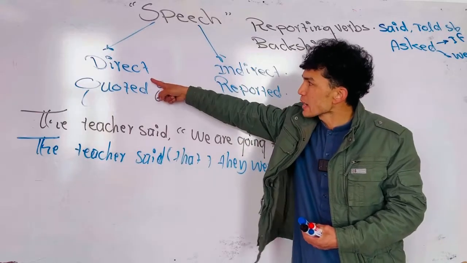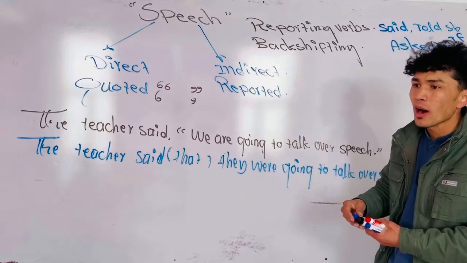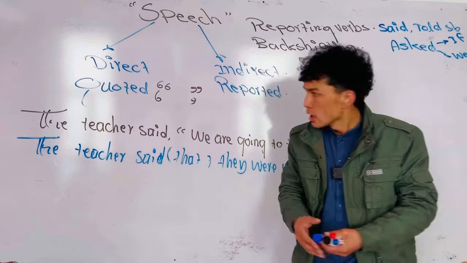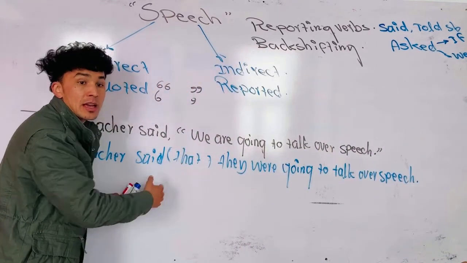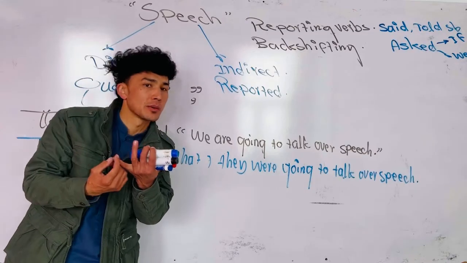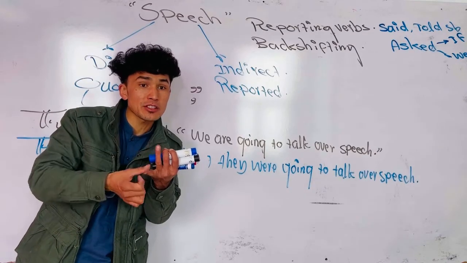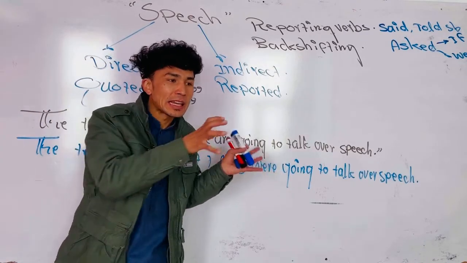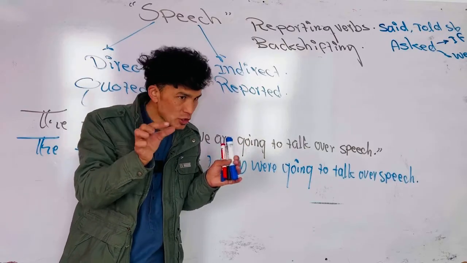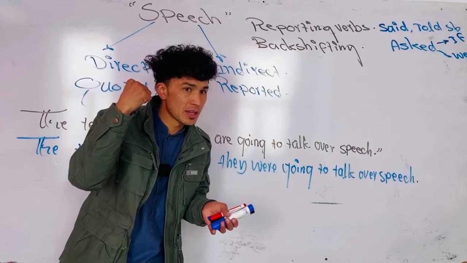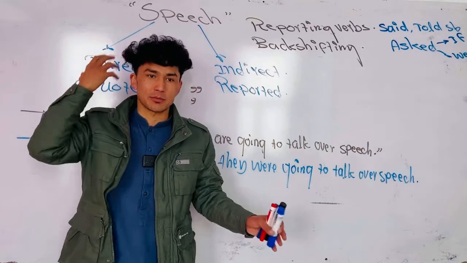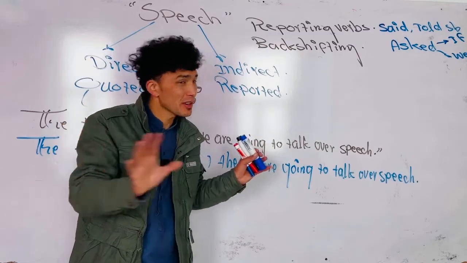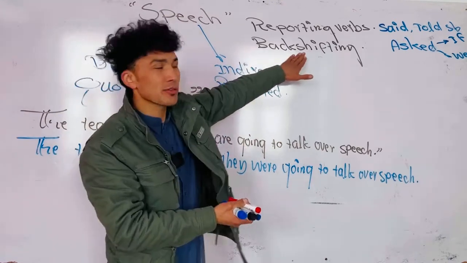Always, in order to change direct speech into indirect speech, we do require to bring the tense backward. How? Present continuous is changed to past continuous. Past continuous changes to past perfect continuous. Present simple, past perfect. Present perfect, past perfect. Past perfect stays past perfect. Here in indirect speech, the tense which plays the most significant role is past perfect, because so many tenses become past perfect. Did you understand? Okay, future simple is future simple, it will not change, and there are some changes I'll tell you. So, back shifting.